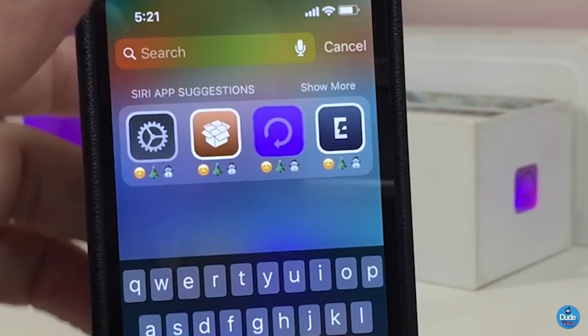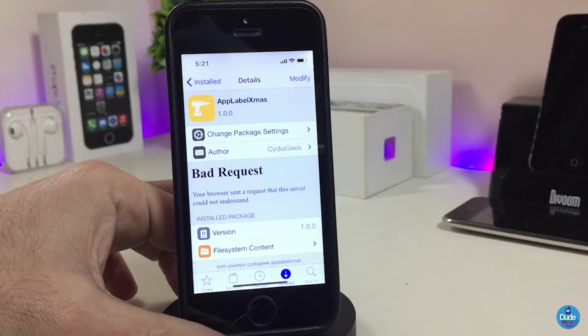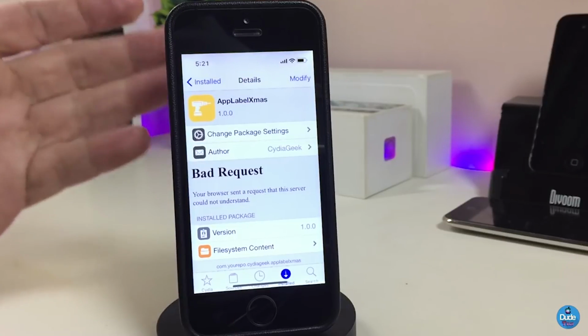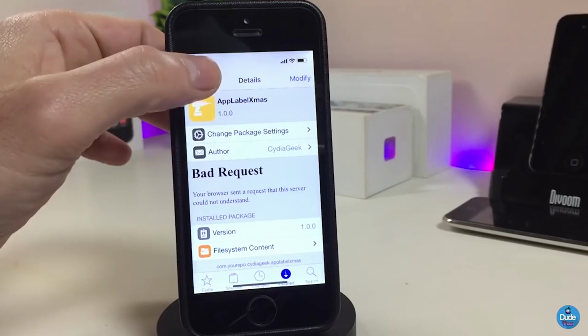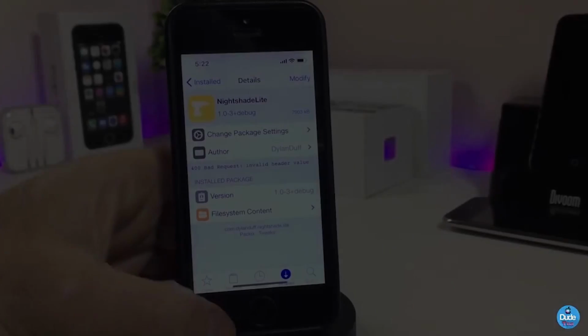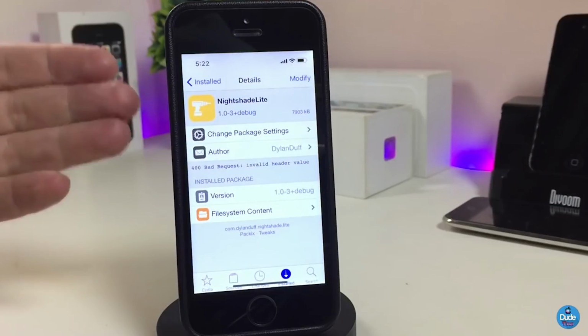So this is pretty much what the tweak is, or how it works once you download it in your iDevice. About the settings, there is nothing to configure. Once you download the tweak, it will work right away in your iDevice. If you're looking to bring some Christmas stuff to your iDevice, go ahead and download the AppLableXmas. Let me go ahead right now and talk about the third Cydia tweak that I have for you guys in today's video,